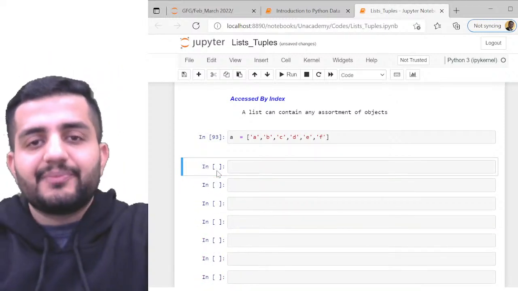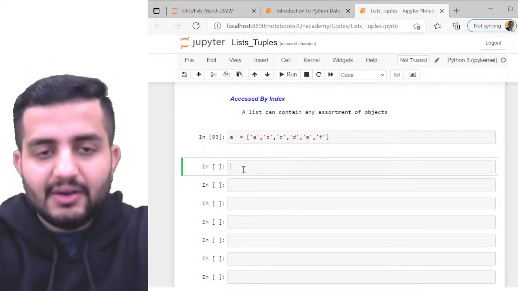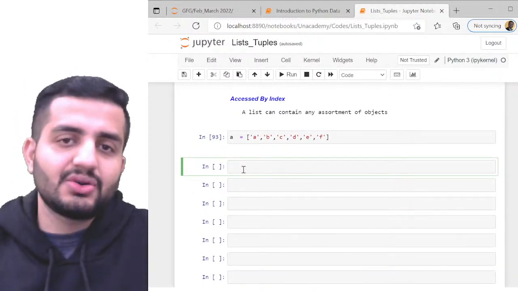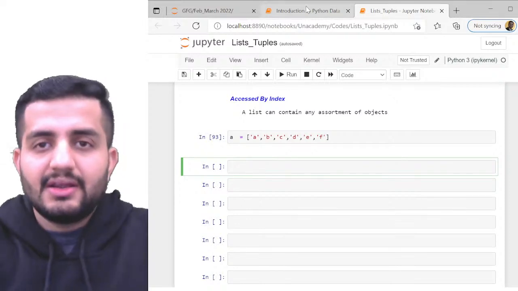So what is slicing? There is a very interesting thing. One way we understood how we can access the list element is through